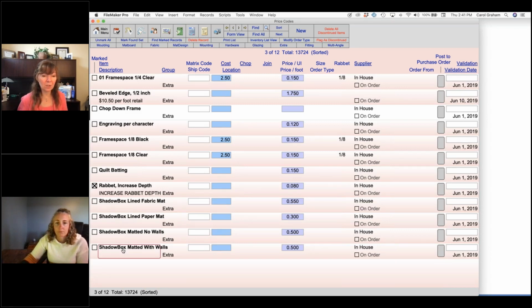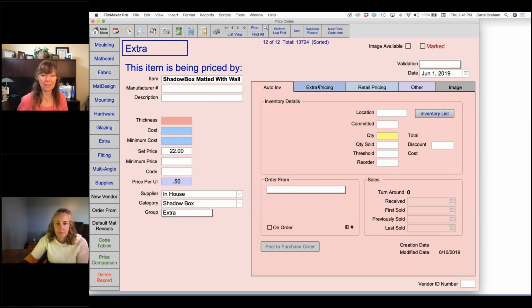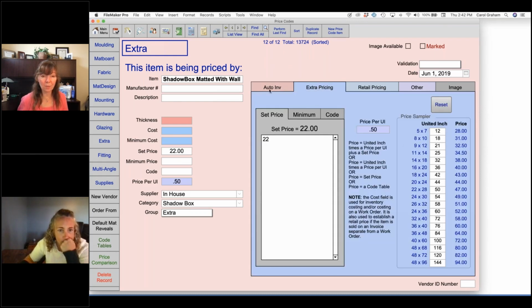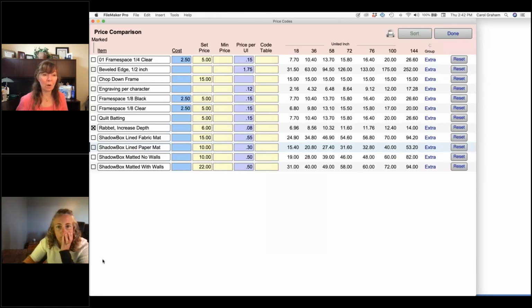You can go to each item individually to look at the pricing by clicking on the dark blue tab for extra pricing and looking at it on the right-hand side. But as I go through them, I have a hard time sometimes memorizing all the different pricing structures. So the easiest thing for you to do is go down to the bottom left-hand corner of the screen and click on the price comparison button. On the left, you'll get a listing now of all of the items that are in here. And now I can see all the shadow box items that I have,